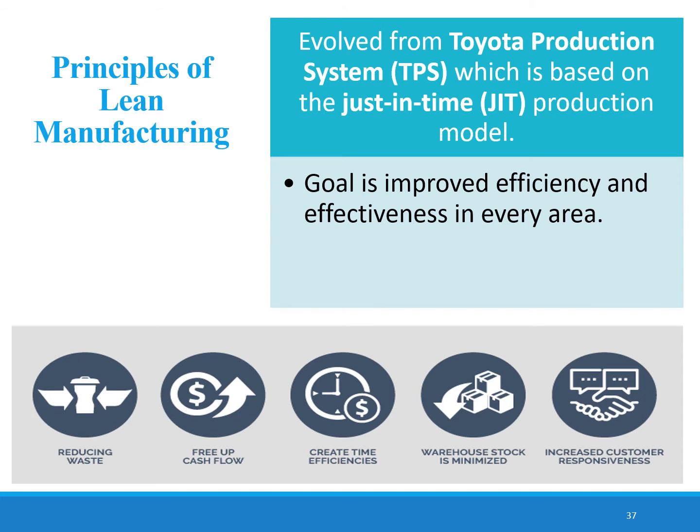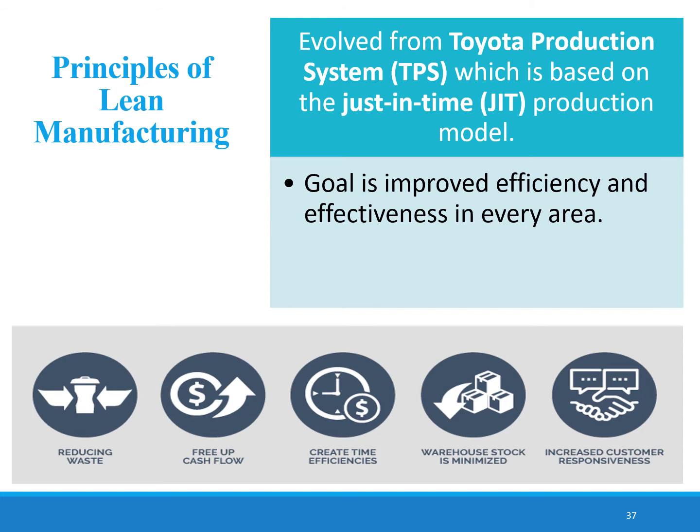So the main objectives of the just-in-time or Toyota production system is to reduce the wasting, free up the cash flow, create time effectiveness, meaning reduce the timing between the production and in the production line. Warehouse stock is minimized, so just in time, even in Toyota, I did explain this previously. So the just in time activities where we don't have warehouse for many raw materials, so we get effective